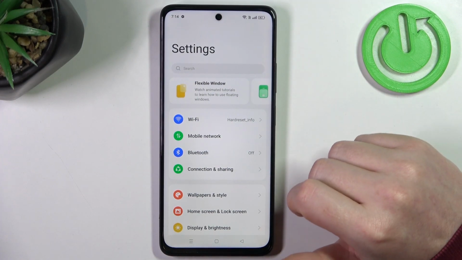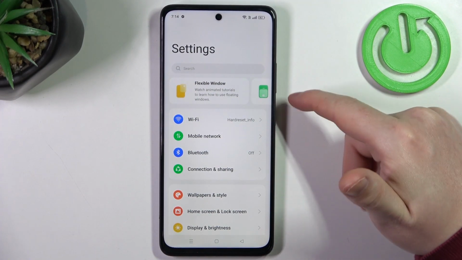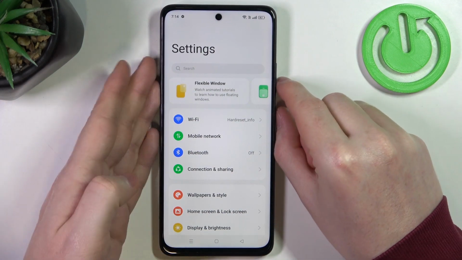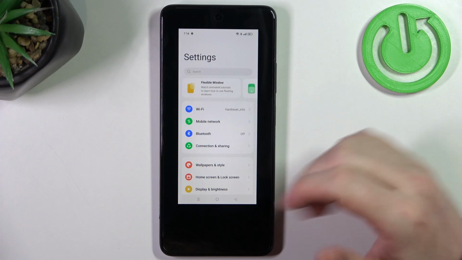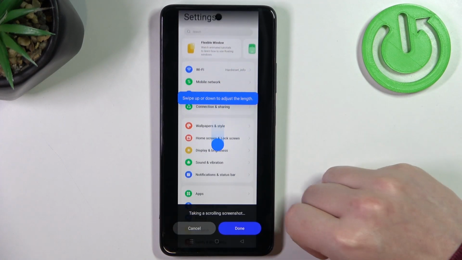And then now make sure that you're on top of that page and then click on the power key right here and volume down key there at the same time. You'll make a screenshot. Now select the scroll on this pop-up and it should begin to scroll down the entire